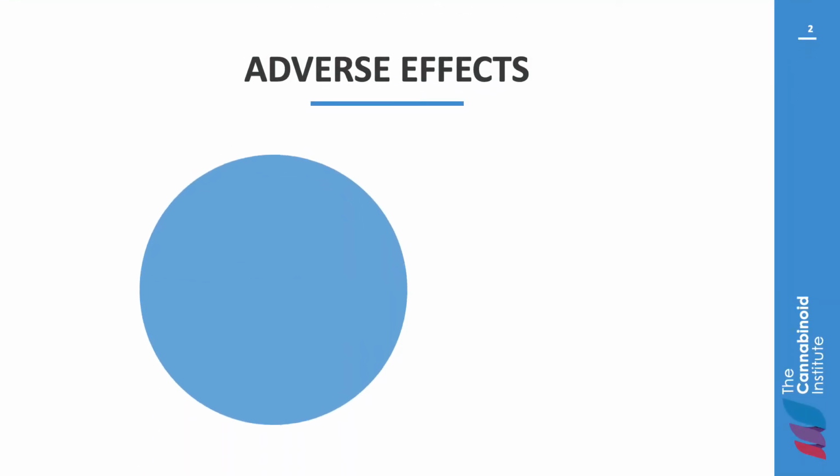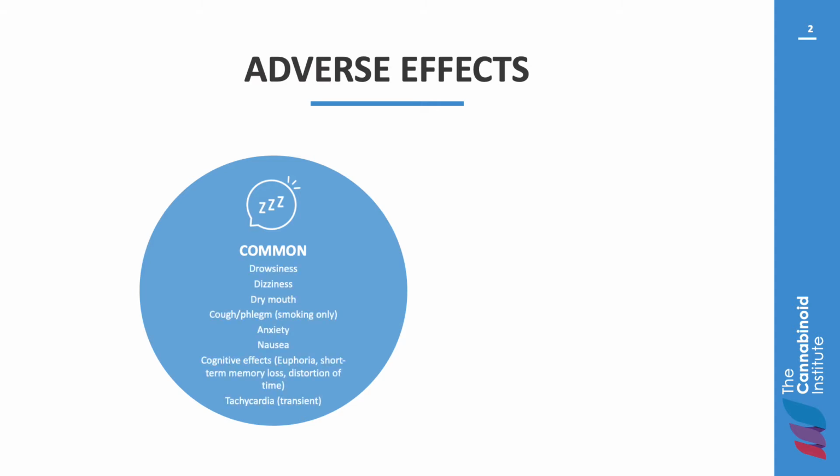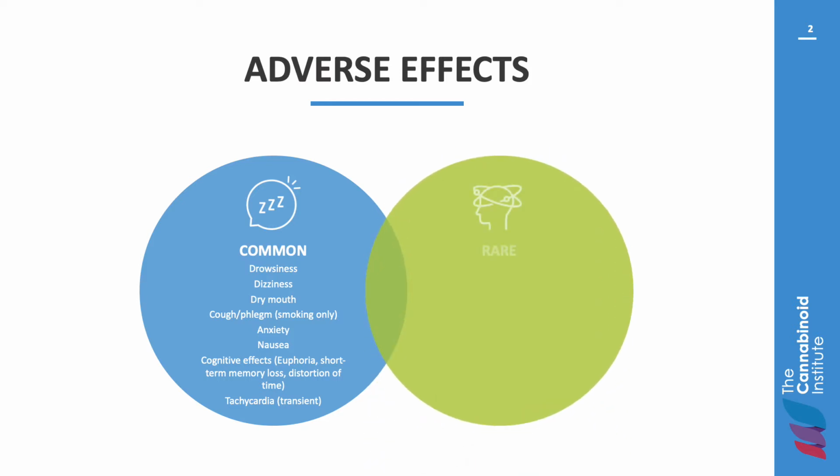Common adverse effects associated with cannabis use include drowsiness, dizziness, dry mouth, coughing and phlegm with smokable dosage forms, anxiety, cognitive effects such as euphoria, short-term memory loss, and distorted sense of time, and transient tachycardia. More rare adverse effects associated with cannabis use are orthostatic hypotension, psychosis, paranoia, depression, ataxia, persistent tachycardia, diarrhea, and cannabis